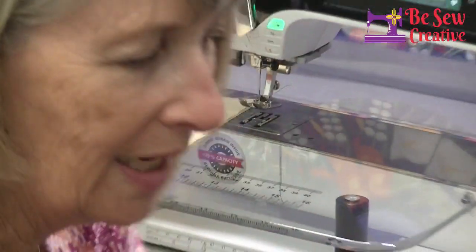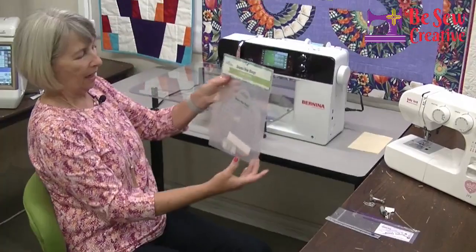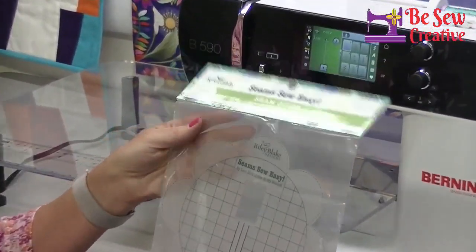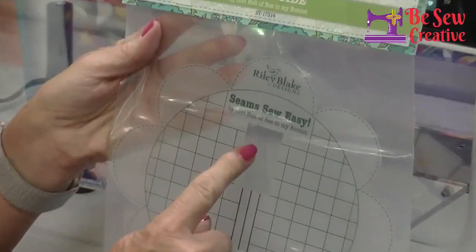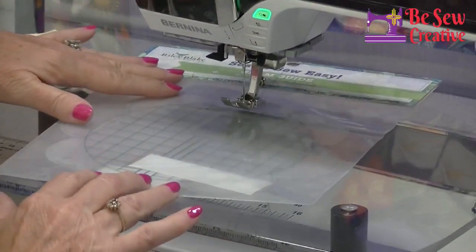We actually have something here in the store, and there are a lot of different versions of this. That's an even better marking. This is called Seams So Easy. It looks like a cute little flower, but it has a really well-marked grid, easy to see, and a cutout in the middle. So what you would do is put this under your machine, and that cutout is where your feed dogs go,